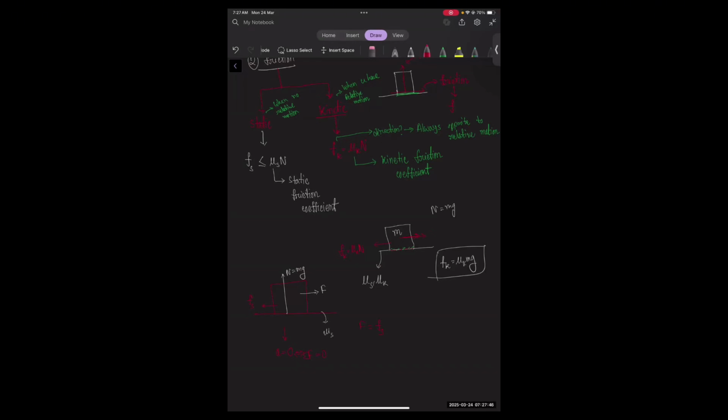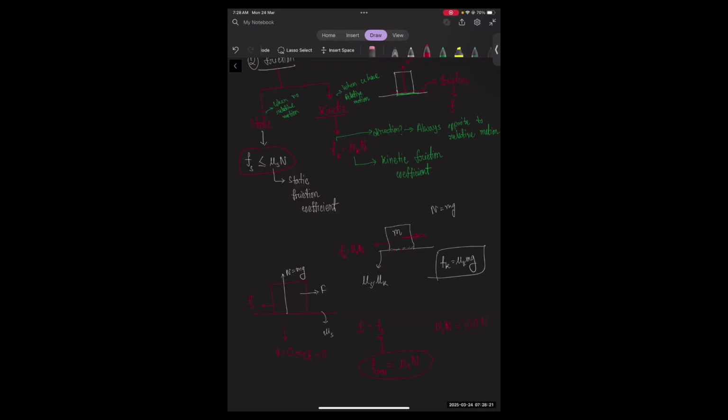But then let's say you keep increasing F. This equation basically tells you there is a boundary. There is a maximum value of static friction. This maximum value is given by mu s times N. So this is the maximum value. Let's say mu s N, for reference, is